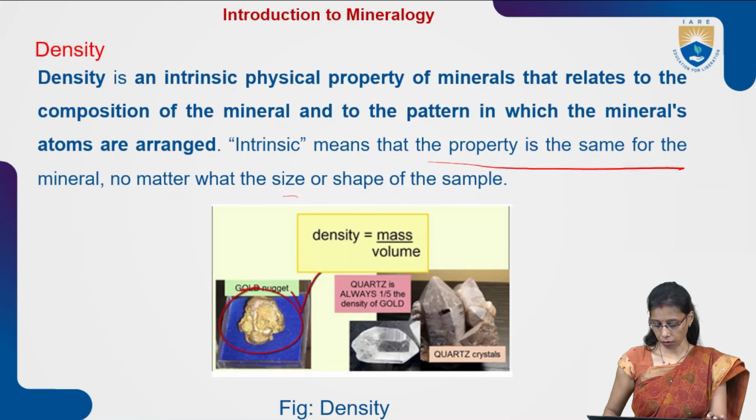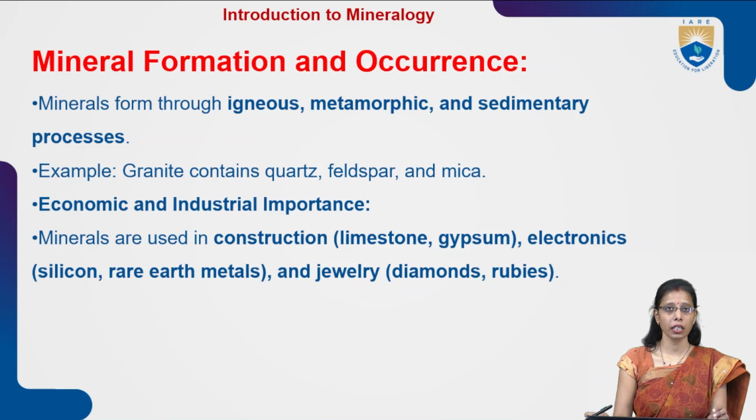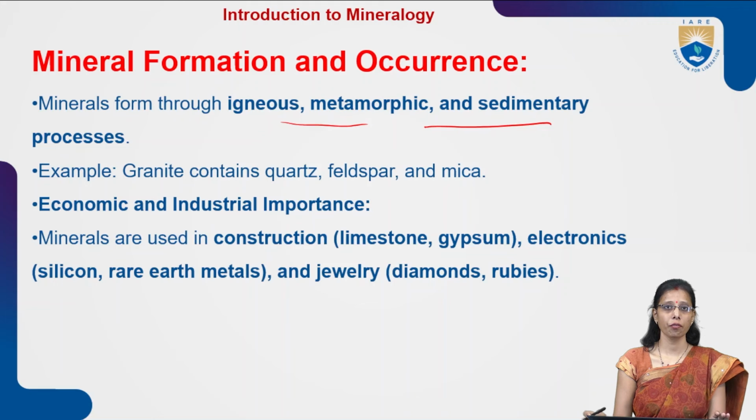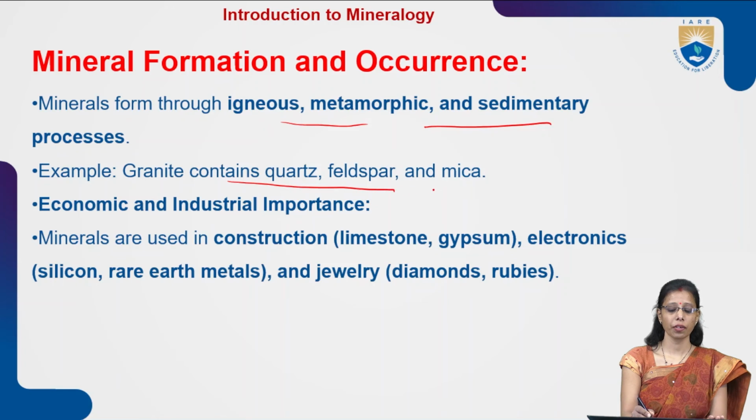Different here. So, mineral formation and occurrence. Minerals form through igneous, metamorphic, and sedimentary processes. So these are the different rocks where minerals are formed by different processes. For example, granite contains quartz, feldspar, and mica. So all the minerals are found in rocks. Either they are found in igneous rocks, or in metamorphic rock, or